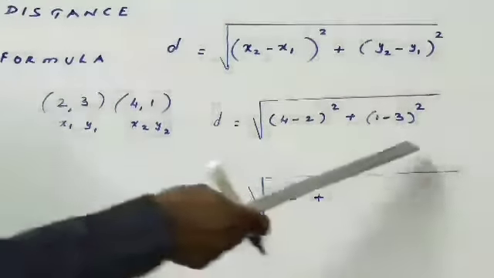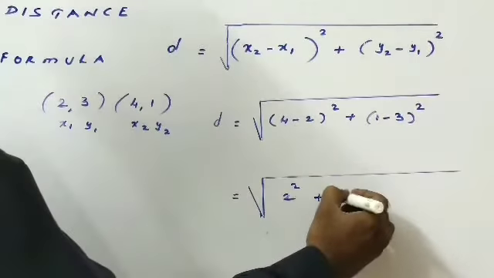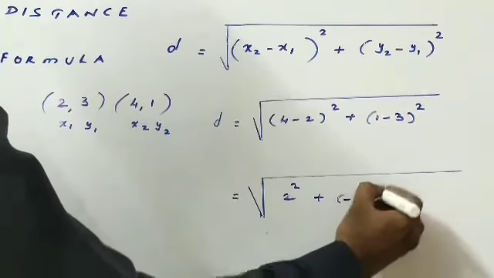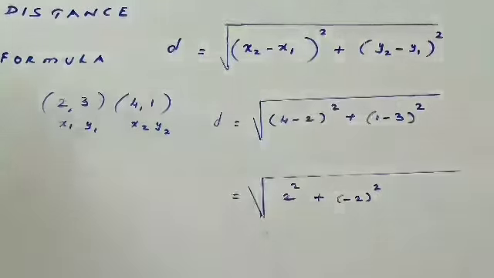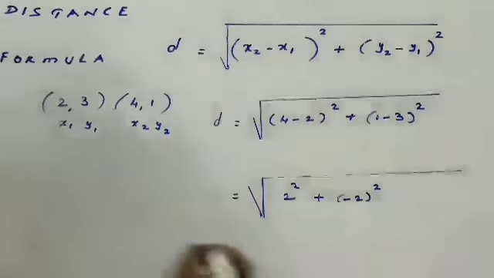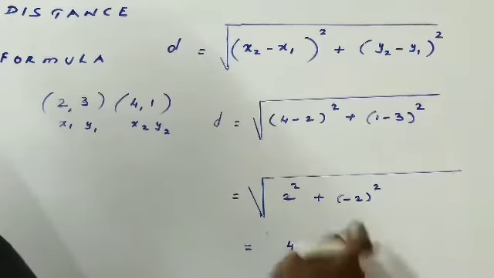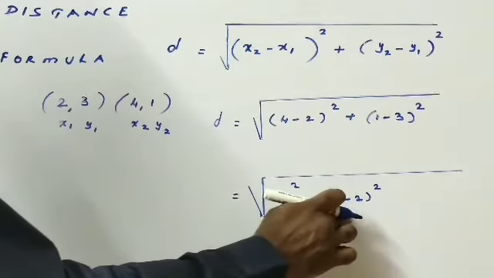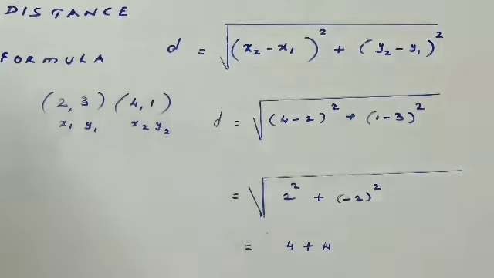The number 3 is a bigger number and it has a minus value, so the answer will be minus 2. Minus 2 the whole square. One negative symbol and one positive symbol means you have to subtract, then put the symbol of the greater number, minus 2. 2 square is 4. Plus, the square of the negative sign gives a positive sign. 2 square is 4. So now we have 4 plus 4, that is 8.